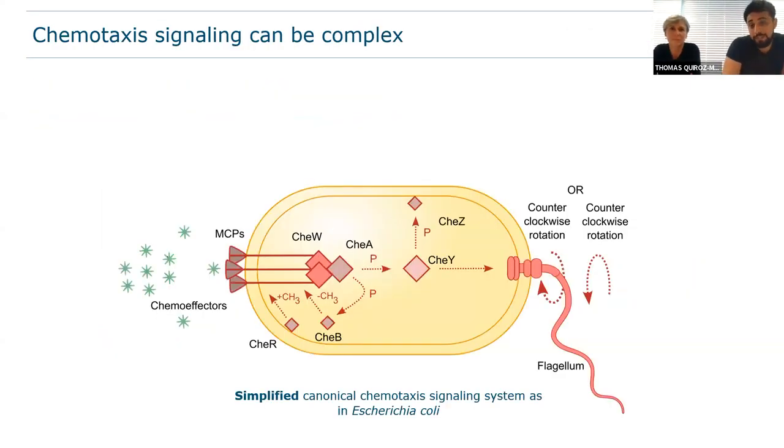So chemotaxis has been studied for many decades, and the molecular mechanisms are quite well understood in some model bacteria like E. coli. I cannot explain all the ins and outs of chemotaxis signaling, but it boils down to the fact that there are specialized chemoreceptors that we call MCPs that can bind chemicals called chemoeffectors. And once they are bound, there will be a signal transduction that includes a variety of genes, different steps of phosphorylation and methylation that eventually control the directional rotation of the flagella and thereby give directionality to the movement of the bacteria.